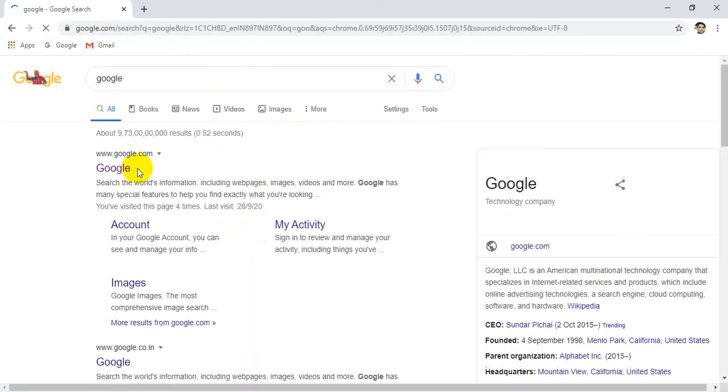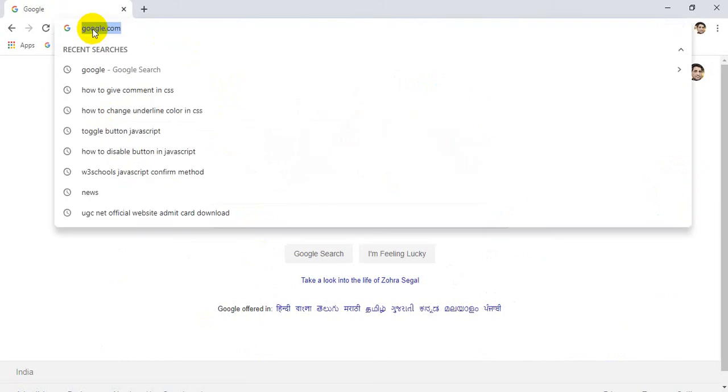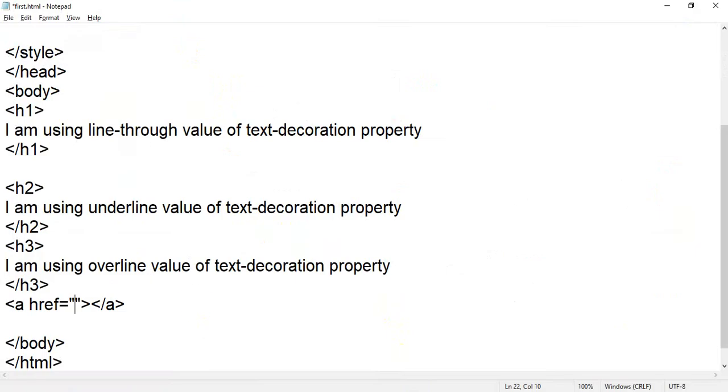When I click on Google, you will see on the top there is the Google address. I will just copy it. This is the URL of the Google page, and I will go back to my notepad and paste it, Control V. So you will get https www.google.com.